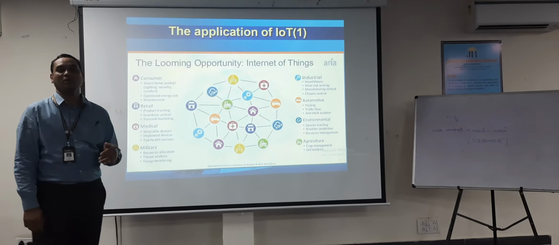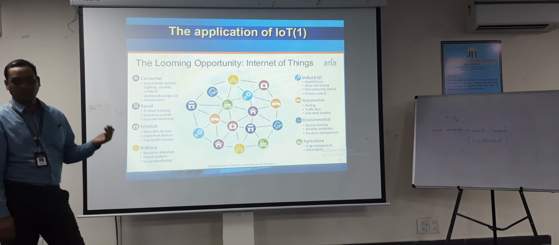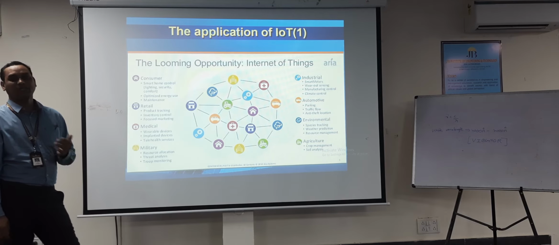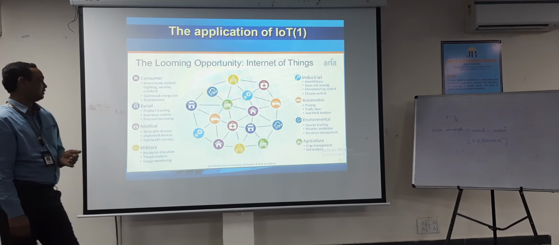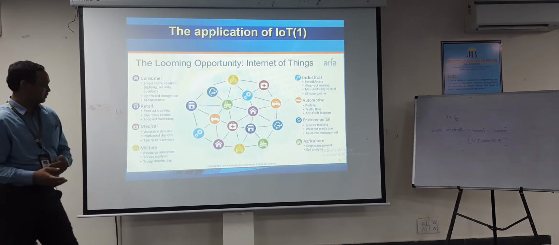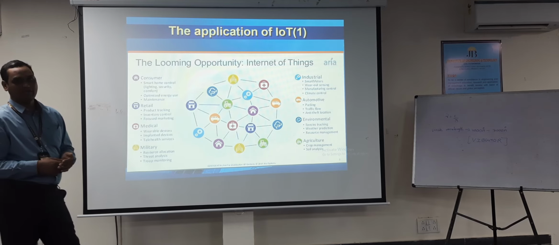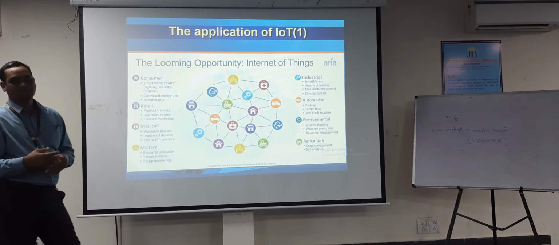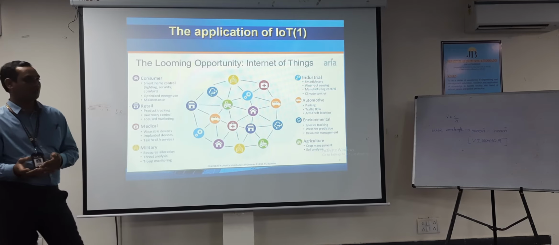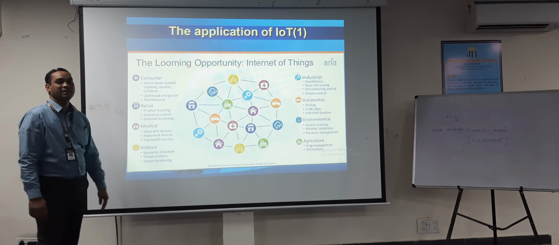Clear? If you are going to use a watch which is a wearable device enabled with IoT, then what happens? For example, if a person has blood pressure, whenever the BP is going to increase, the wearable gadget is going to monitor it and report to the concerned person. The concerned person is nothing but the hospital, for example. Clear? So in this way, it is going to be used in medical services.